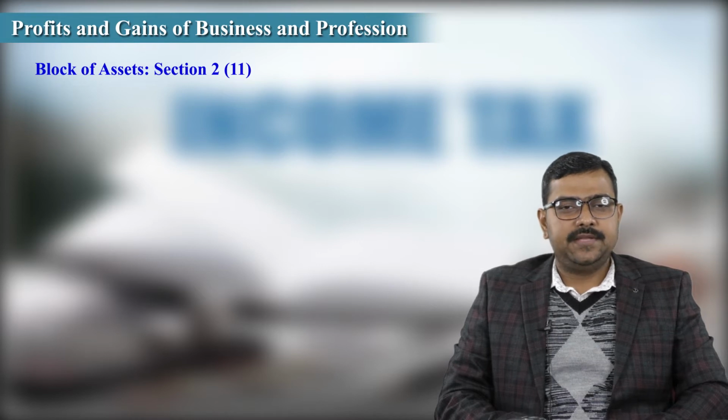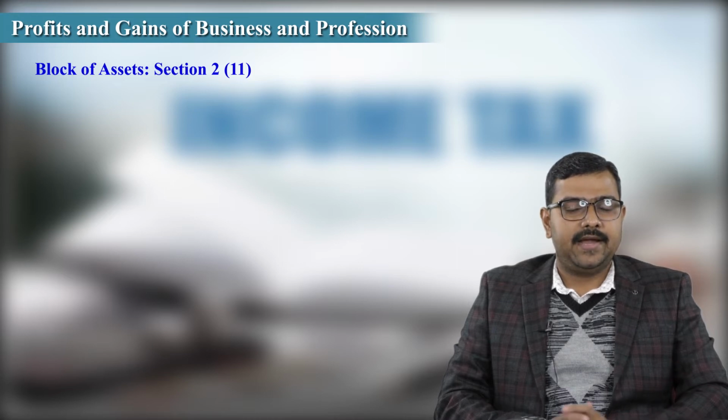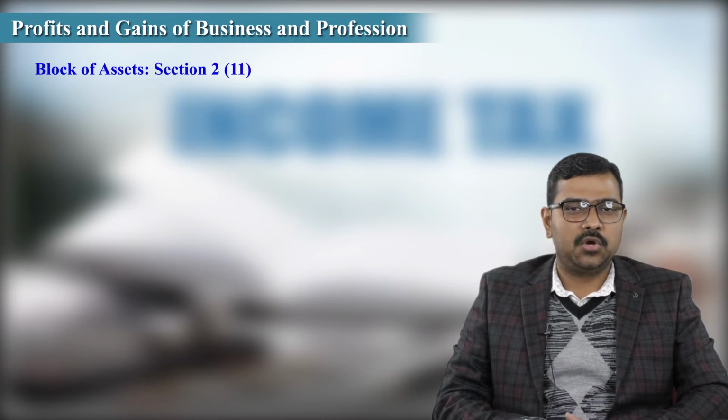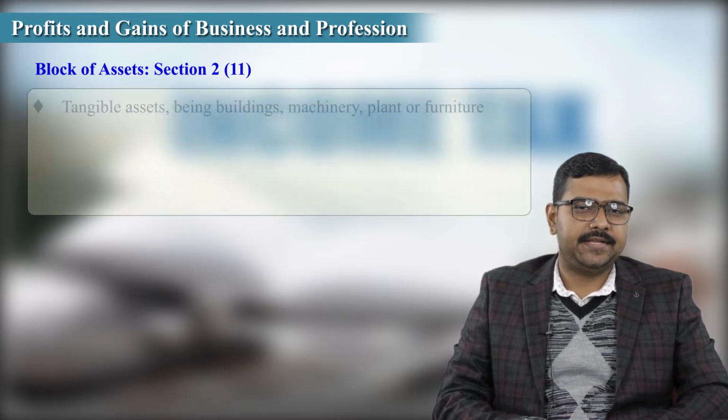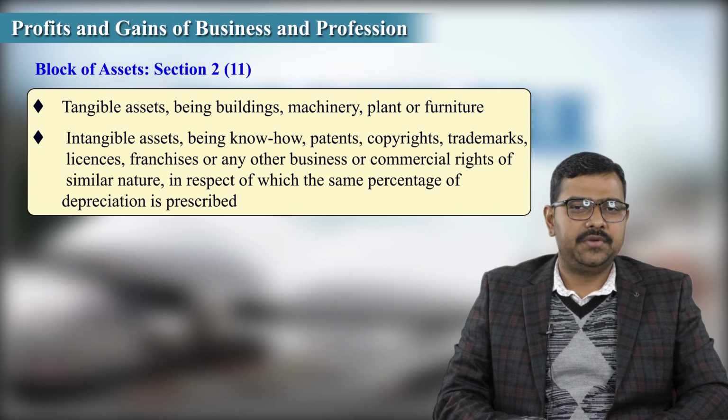So, block of asset means same type of assets on which we are incurring the same rate of depreciation. We will add all those assets in one block, and that block will be known as block of assets. Assets can be tangible assets being buildings, machinery, plants or furniture, and intangible assets being know-how, patents, copyrights, trademarks, licenses, franchises or any other business or commercial rights of similar nature, in respect of which the same percentage of